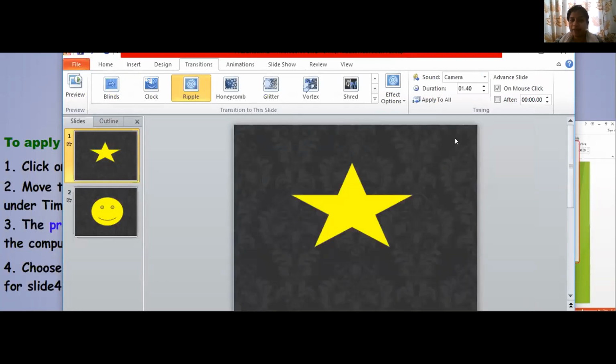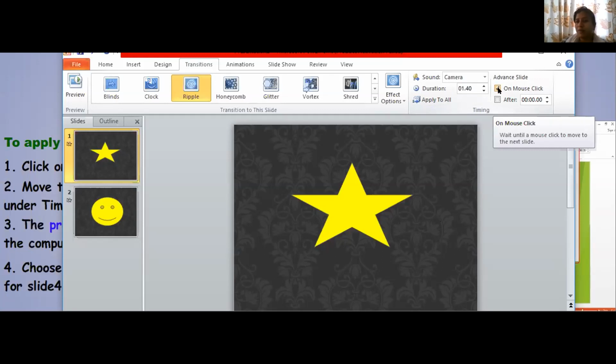So what happens here is whenever we give some sound and whenever we do a slide transition, children, whenever you go to the next slide or next picture, it will come with that sound effect. And how much duration you want to give it, that also can be done. Mouse click, whether you want to get the next slide with a click of the mouse, then do it. Or else if you don't want a click, it should start coming by itself. After how many seconds each slide should appear, you can set the preferences over here.